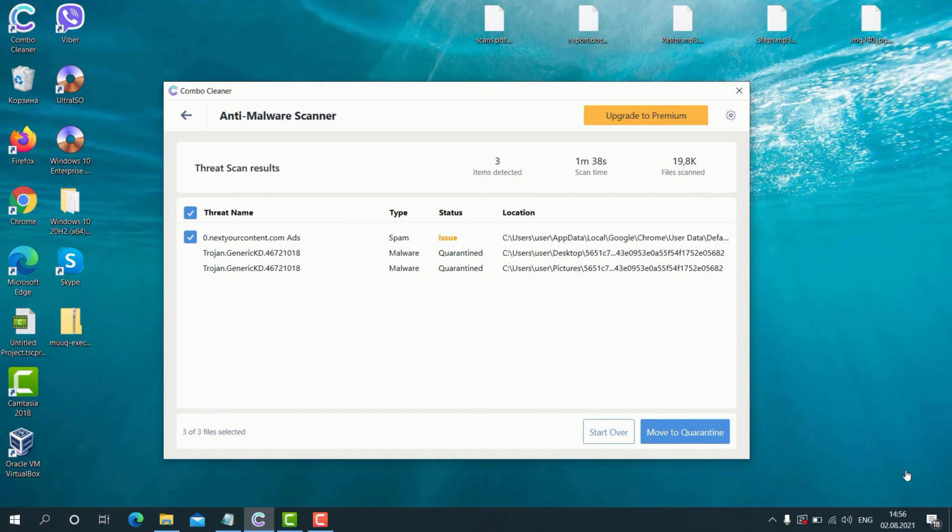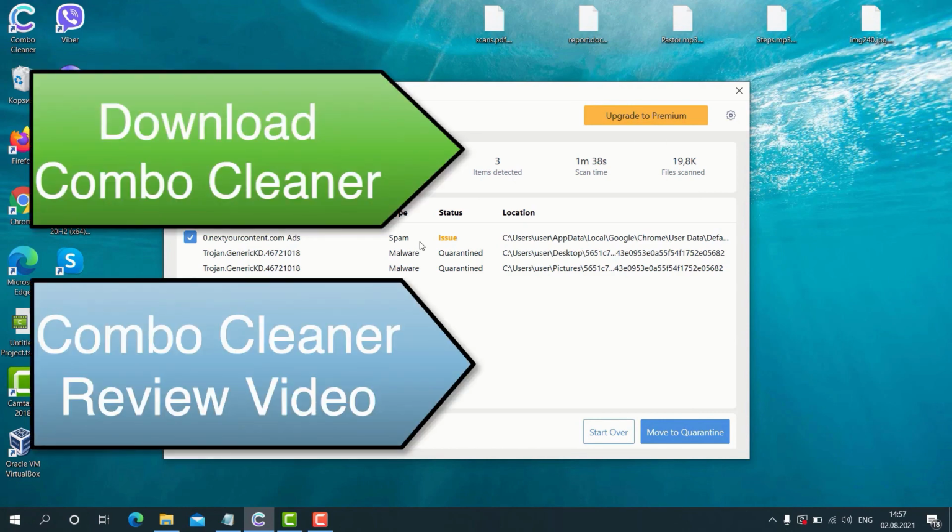So, after the scanning is successfully completed, the program will give you the report about the threats and their exact location on your computer. The good thing is that Combo Cleaner antivirus helped us to protect our computer and our important documentation from being encrypted by the ransomware. Therefore, use Combo Cleaner to get your computer fully protected against all sorts of contemporary threats,